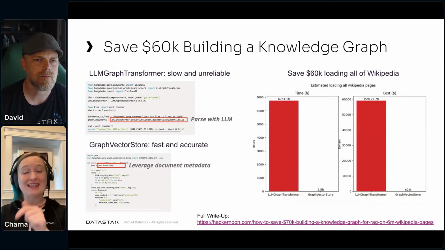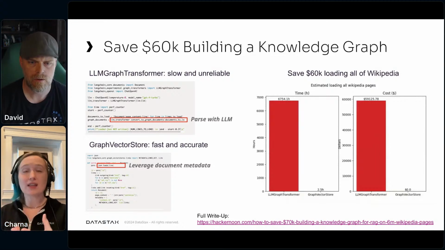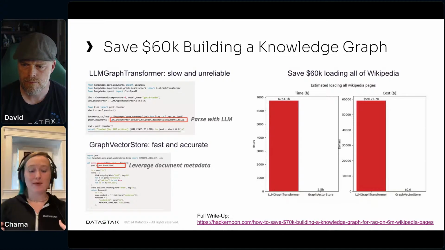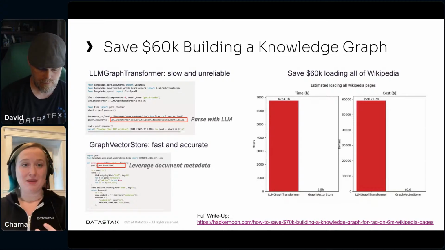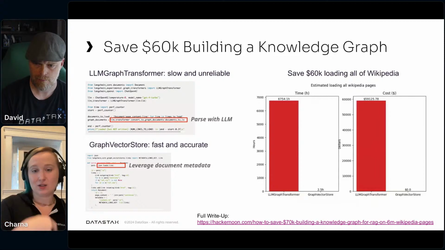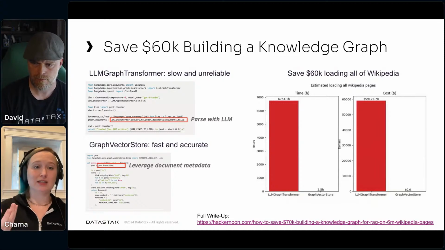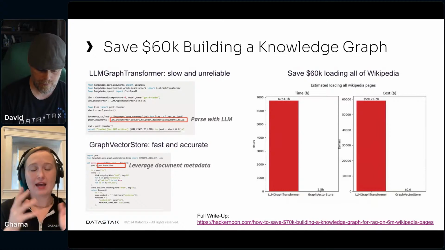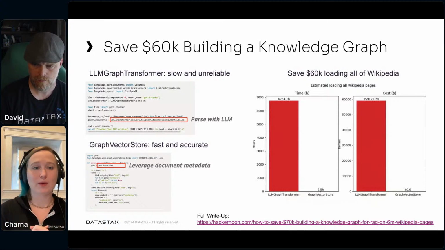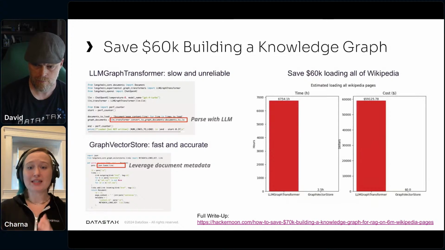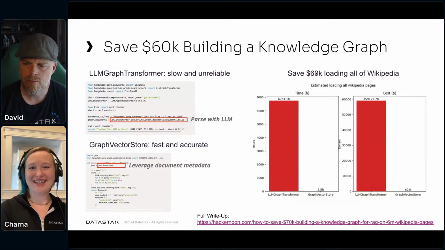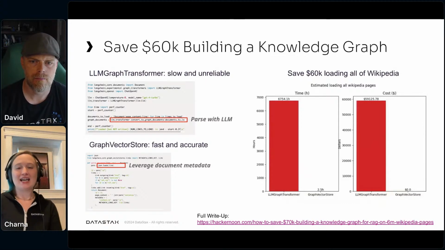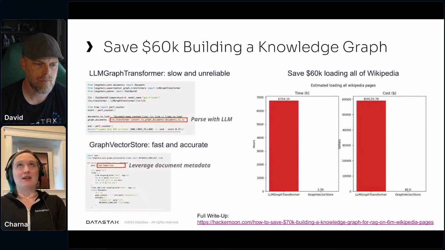I love it. There is a repo in that article that you can go use. It's using the Cassandra GraphVectorStore. I didn't want to set that up locally on my machine, so I readapted that into this notebook that I'll show you in a second, which uses the AstraDB GraphVectorStore, and I'm happy to make that available in the repo as well. So what you'll notice is the cost: it cost $60,000 to load all of Wikipedia into the